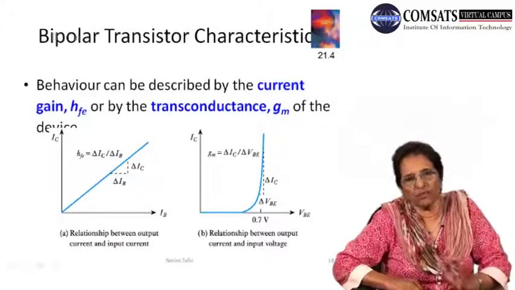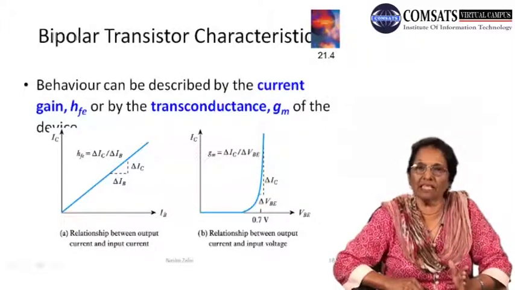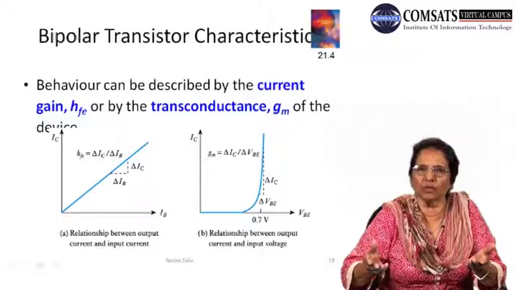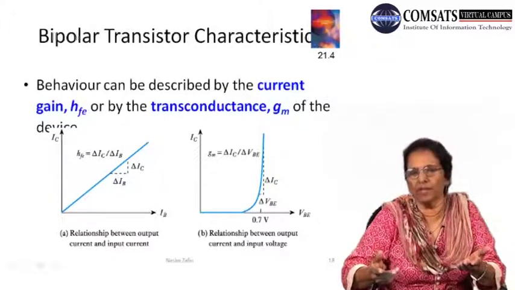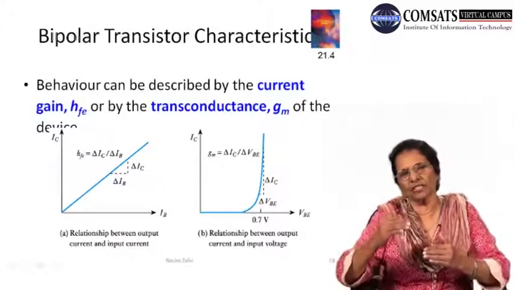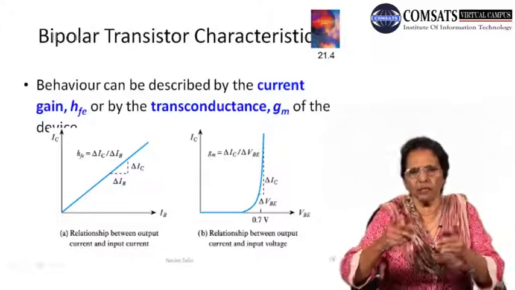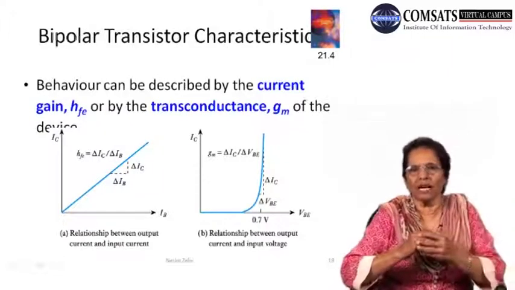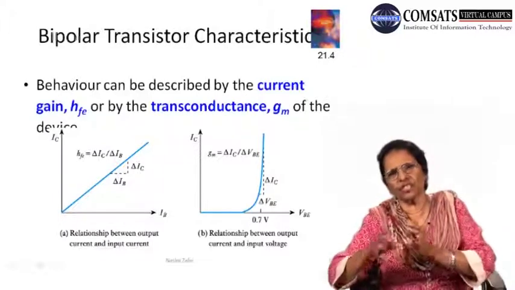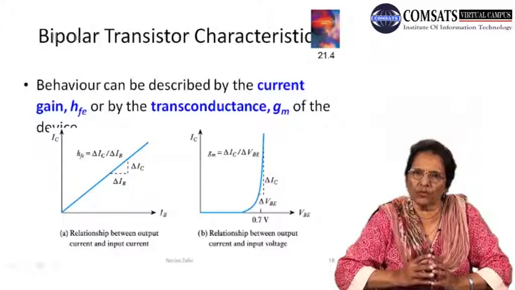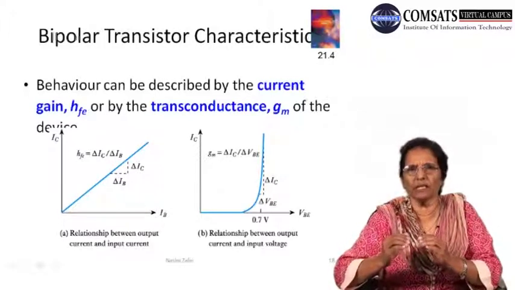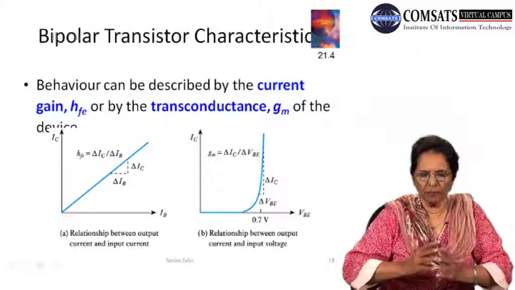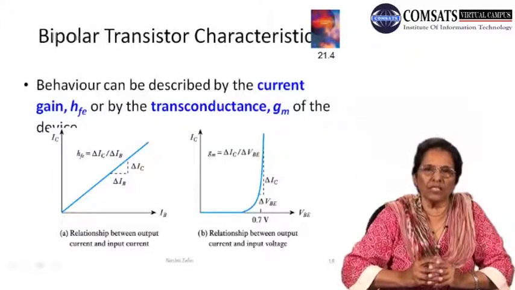और अब अगर मैं इसको मुख्तलिफ अंदाज से प्लॉट करूं, जैसे मैंने ए में दिखाया है कि रिलेशनशिप बिटवीन IB एंड IC, जैसे मैं बहुत पहले आपको आउटपुट कैरेक्टरिस्टिक्स में दिखा चुकी हूं। माई रेफरेंस अगेन वुड बी स्लाइड नंबर 11। तो आपने स्लाइड नंबर 11 में देखा था कि जैसे जैसे हम बेस करंट IB को बढ़ाते हैं चूजिंग द कॉमन एमिटर कॉन्फ़िगरेशन, तो इनपुट करंट IB के बढ़ने से आपकी आउटपुट करंट IC सिग्निफिकेंटली बढ़ रही है। टू अ सर्टेन एक्सटेंट कॉमन बेस कॉन्फ़िगरेशन में भी आपकी IE यानी इनपुट करंट IE के बढ़ाने से टू अ सर्टेन एक्सटेंट IC भी बढ़ रही है।